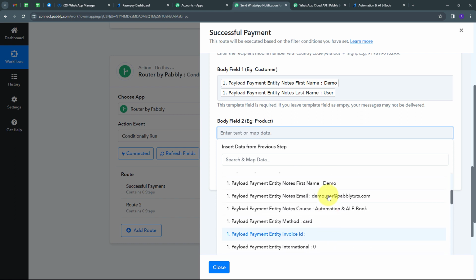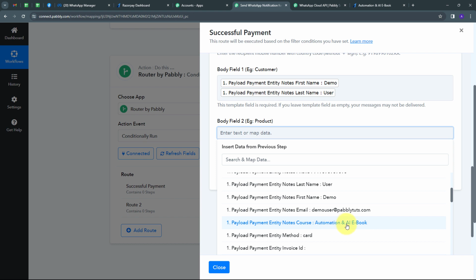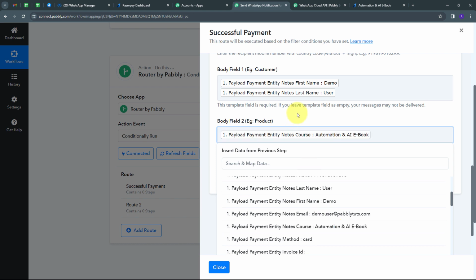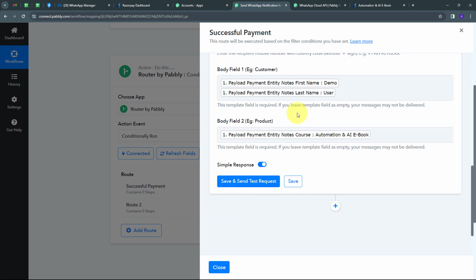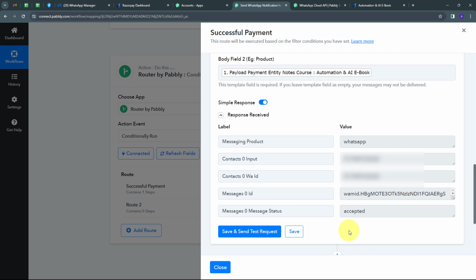And in this response, I have this product name, which is automation and AI ebook. So I'm going to map this. So I have mapped all the required details here. Now what I need to do is click on the save and send test request button. And here we can see we have received this response. So this is a positive response, and this means that I have sent a notification message automatically on the WhatsApp